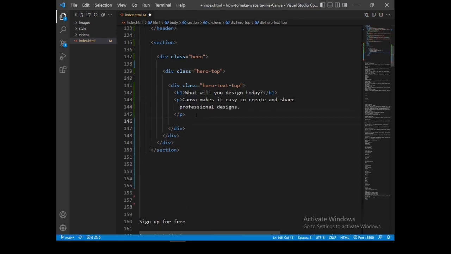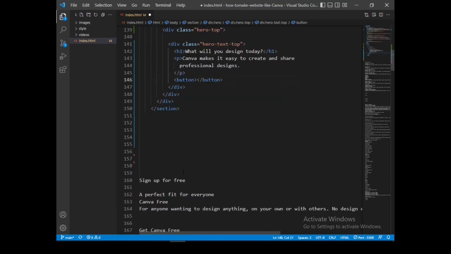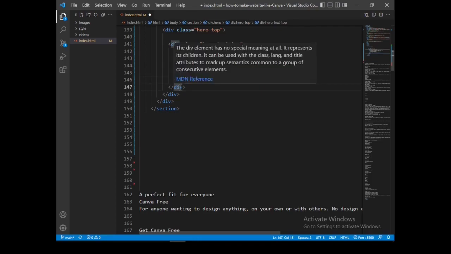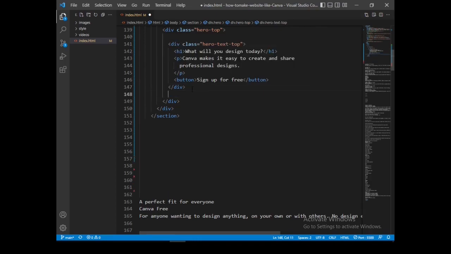Button. Then we set it, sign up for free. Then once we're done with this div for the hero top, let's insert the video.